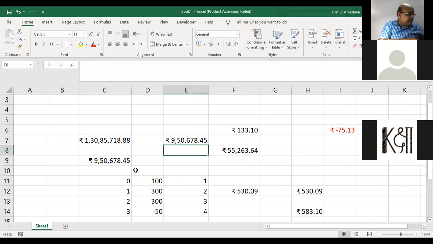Imagine somebody's grandfather suddenly bringing, in today's terms, 9,50,000, and you will get a car. You can buy a car for yourself at that point in time. Really. But as I told you, this is a very interesting example. Why? Because I used this example in the workshop for the advisors on how to charge a fee. Now, when we are saying how to charge a fee, one very interesting thing.